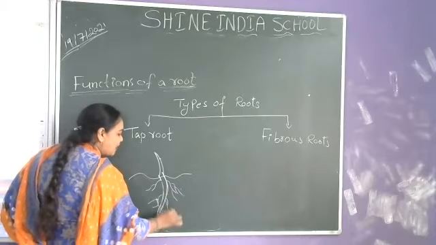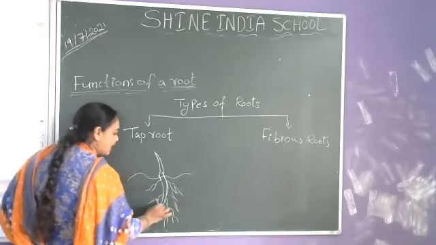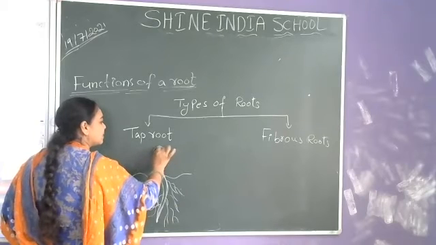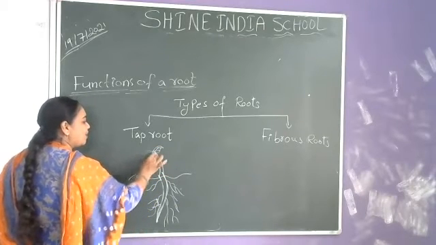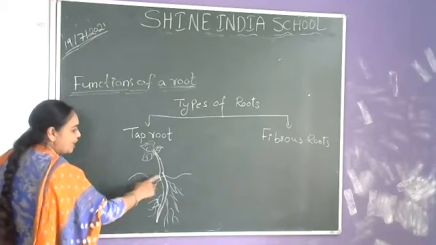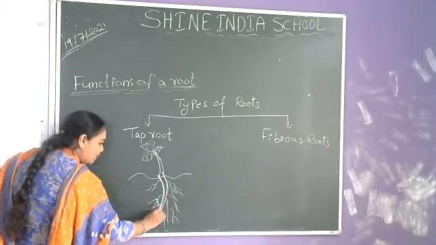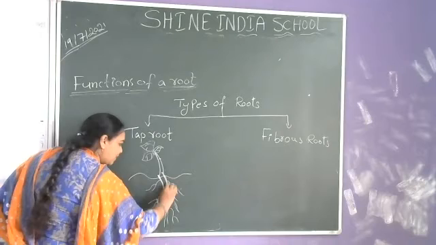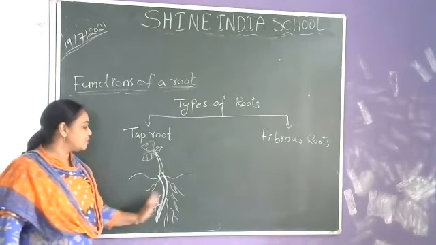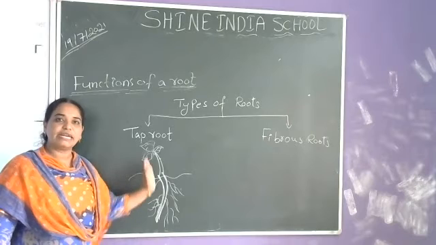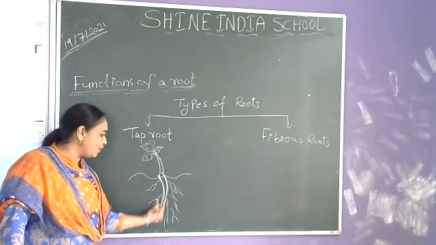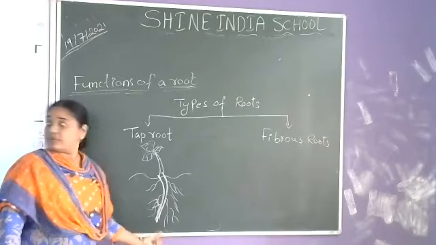From this main root other roots are arising. From a plant, how many roots arise first? Only one root. This is the main root. From this main root only, the other roots are arising. So these roots are called taproots. In a plant, if only one main root arises,